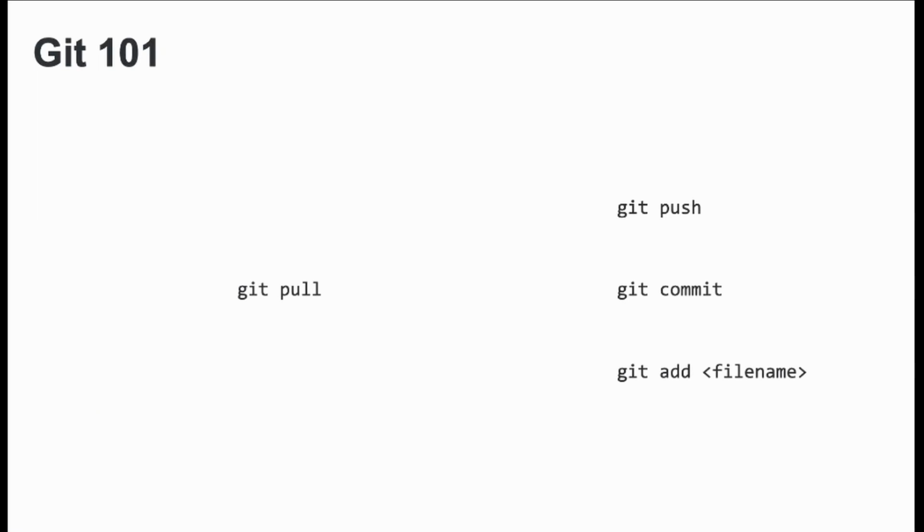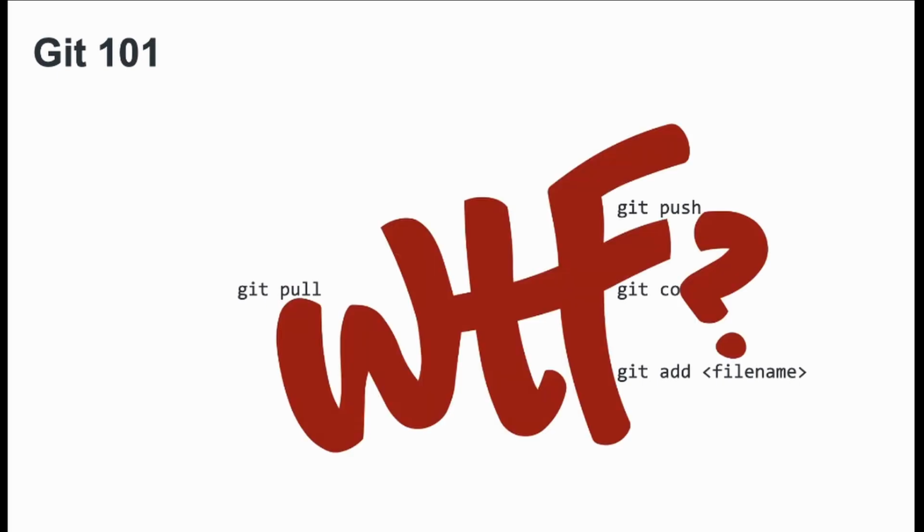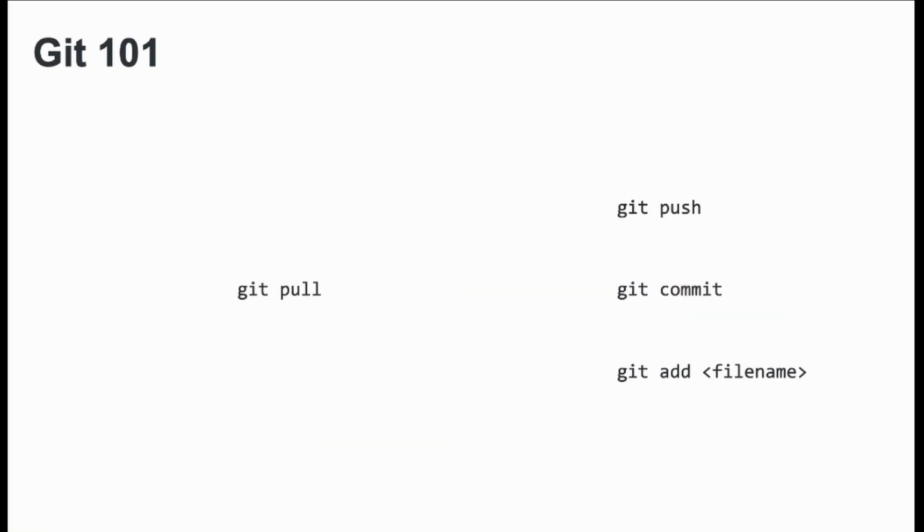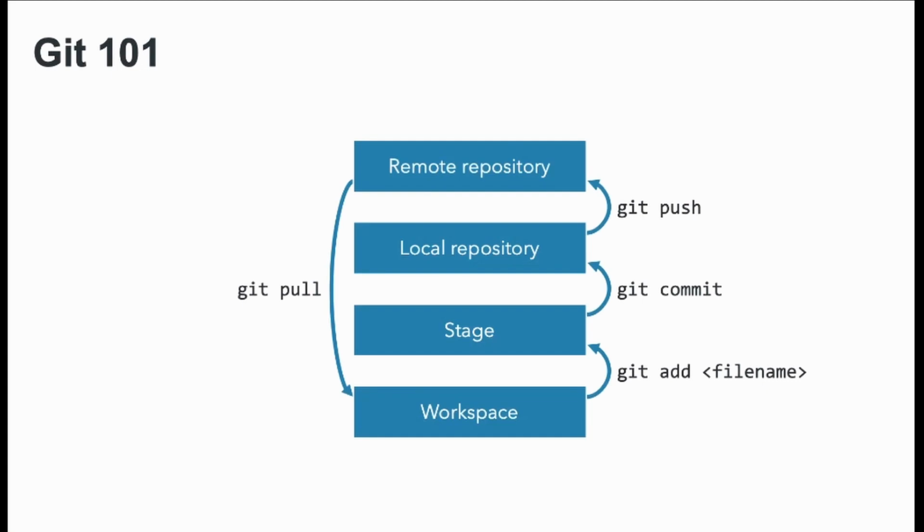So when I first started, and my colleague Sebastian sat next to me, he told me to write stuff like git pull and git push, and I was thinking, git push to where, and git add to what? So I used Git like I guess almost anyone does, blindly using those commands. And at some point, I ran into more problems, and then I decided to read the whole documentation, and the documentation kind of filled in the blanks.